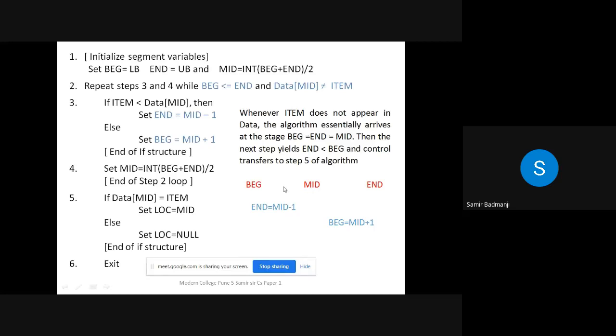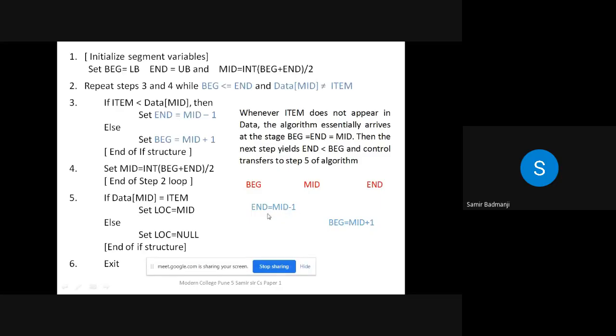See, if the element is there here, then you have to just write end is equal to mid minus 1. See, this is the mid. So this will be the new end. So end, we are just making less by 1. That will be mid minus 1. If the element is there in this part, then what will happen? This will be the new beginning.